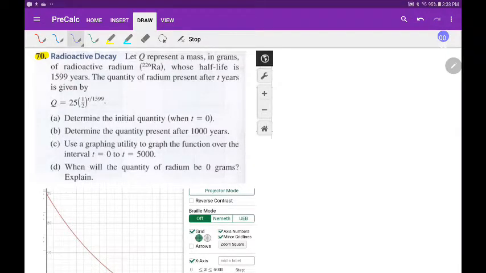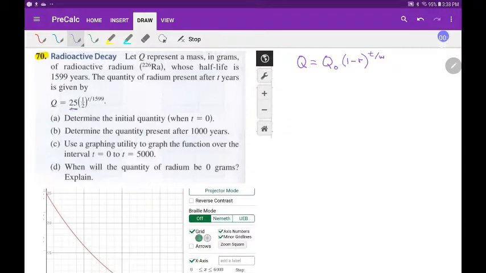Okay, radioactive decay. So, if we're using Q as our unknown, we can say Q is equal to Q naught, which is Q sub 0, which means the initial amount. And then we always have 1 minus the rate. And then we have, we've been saying T divided by waiting time. There's different ways you can do that, but if you look at this, what they give us, you can see